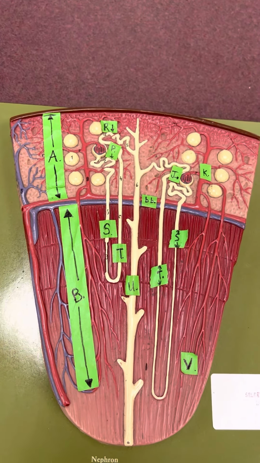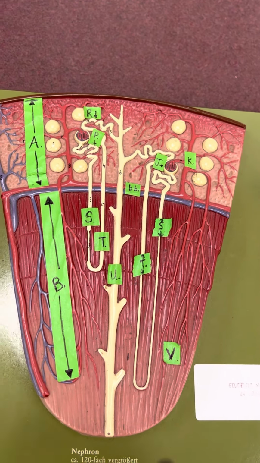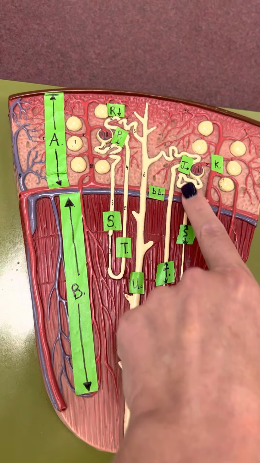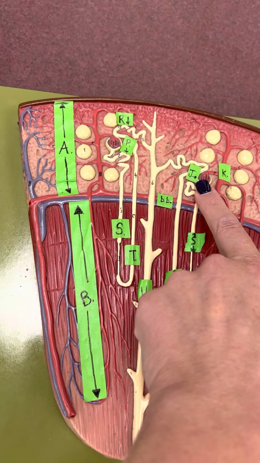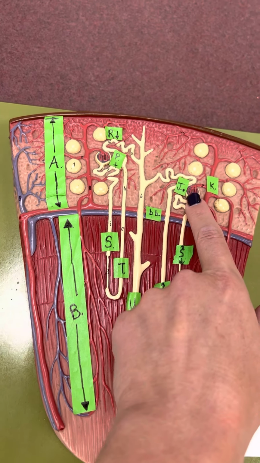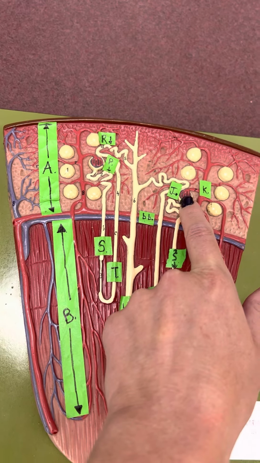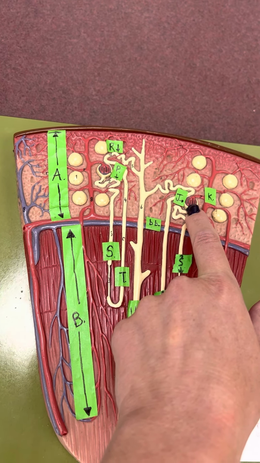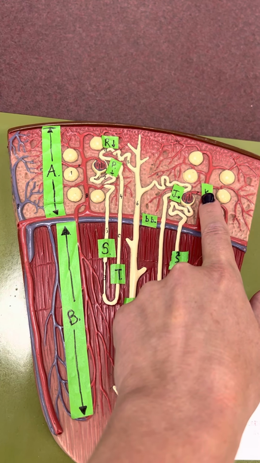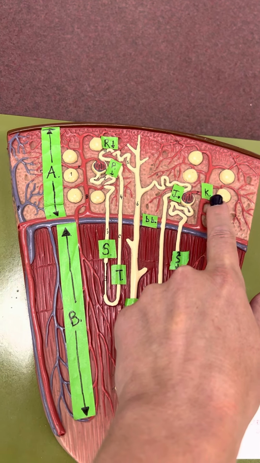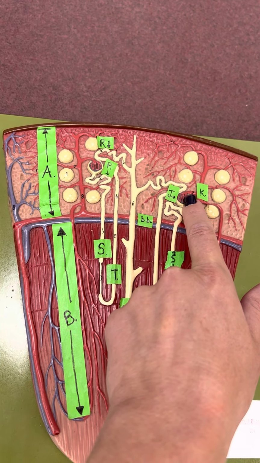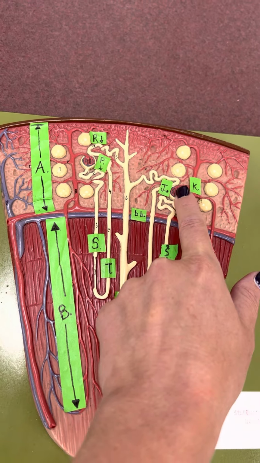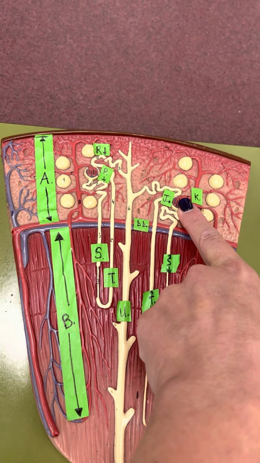Okay, so what we have here, we've got a few things we need to get off track. So let's start with J and K. All right, J, this group of blood vessels here is called the glomerulus. And blood comes into the glomerulus by something called an afferent. Afferent means into, arteriole. So blood comes into it. So then it goes to the glomerulus. After the glomerulus,